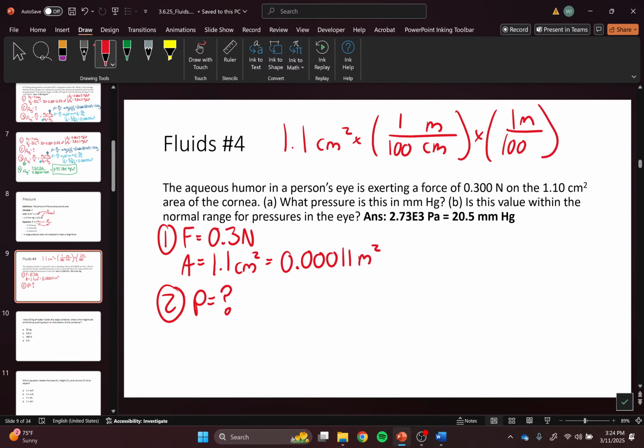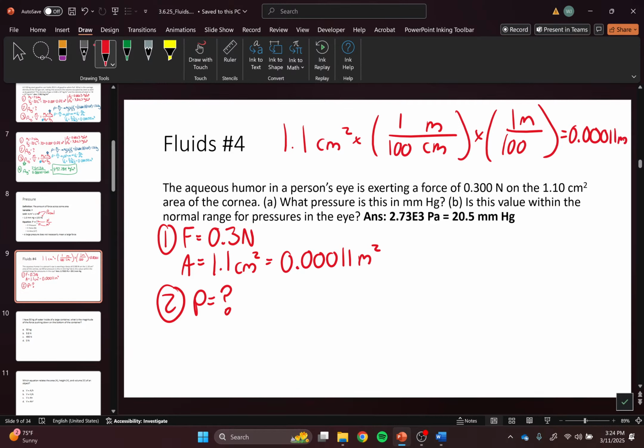The first time you move the decimal 2 places, you do it again and move it another 2 places. Overall, you need to move it 4 places. So when you're converting areas, you have to do the unit conversion twice. If you were doing a volume, you'd have to do it 3 times because it's centimeters cubed, or whatever it might be. So this would come out to